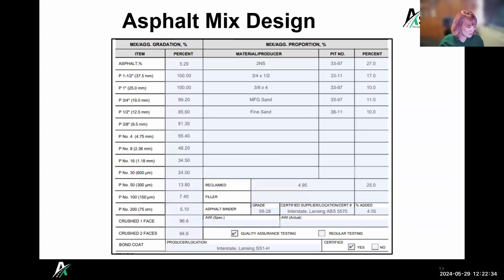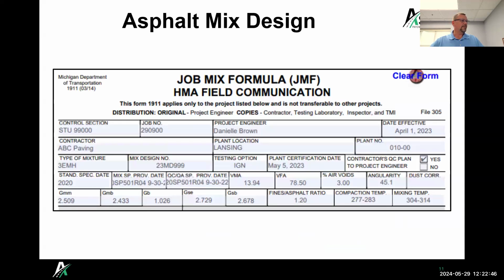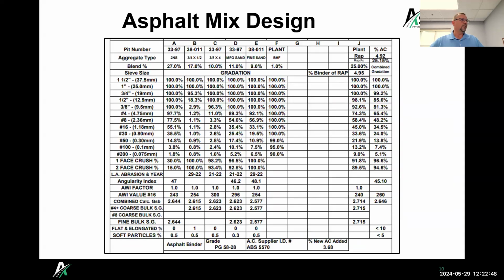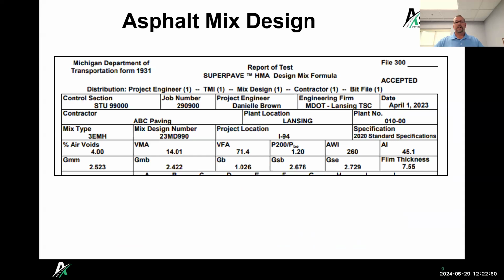All right. How about where I find the air voids? I know we talked about aiming for that 4%. How do I find where we're at? I'll show you on both forms because it's different on both forms. In our mix design form, the 1931, we do all of our mix designs at 4% air voids. That's right over here on the left. That's what we test everything to, at 4% air voids.